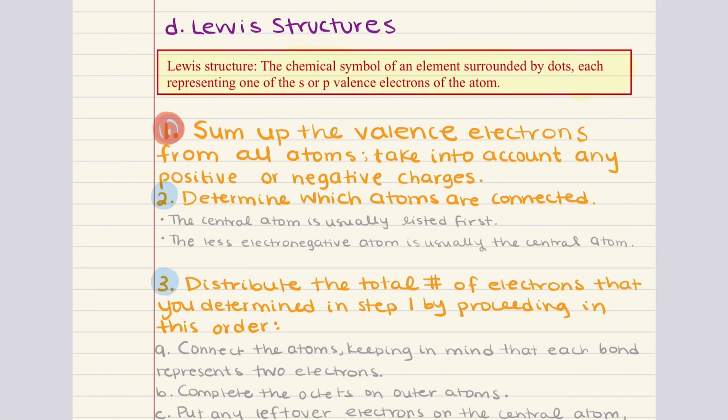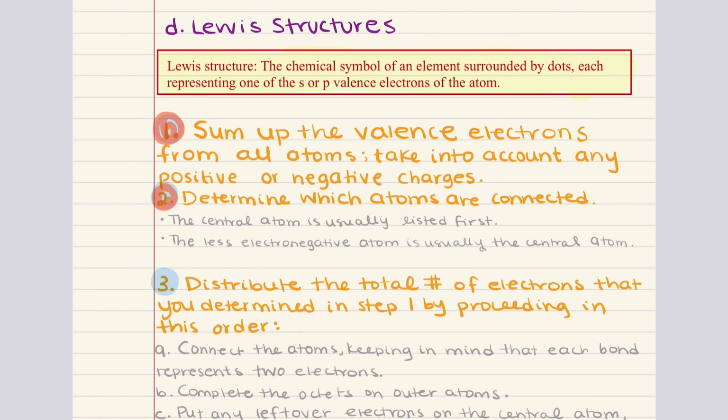Then the second rule is to determine which atoms are connected. So here, there's a couple of things I want to point out. The first thing is that the central atom is usually listed first. In addition, something else to keep in mind is that the less electronegative atom is usually the central atom. In addition, in oxyacids, such as nitric acid or phosphoric acid, each hydrogen atom in these kinds of molecules is